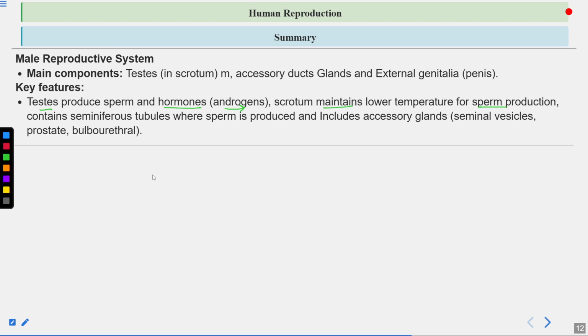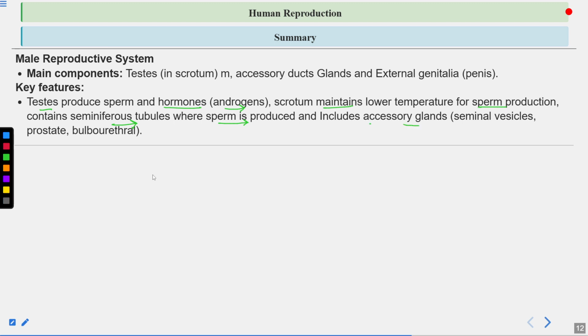And testes contain seminiferous tubules, and within the seminiferous tubule, spermatogenesis occurs. So the inner side of the seminiferous tubule consists of the spermatogonia as well as the Sertoli cells. Spermatogonia undergo meiosis to form the sperm. So in the seminiferous tubule, sperm is produced, and the male reproductive